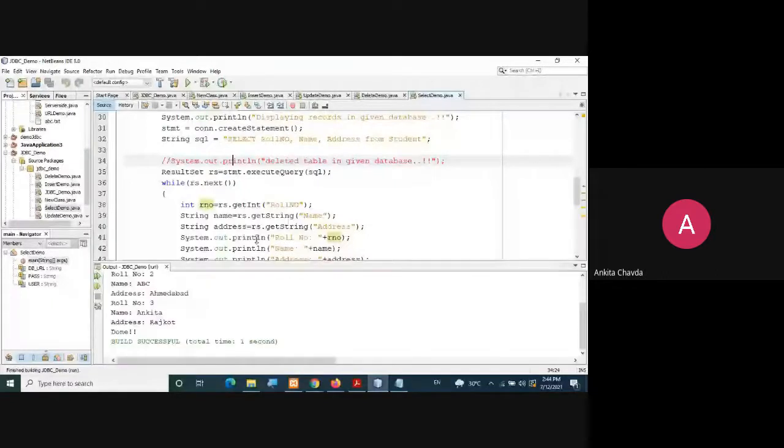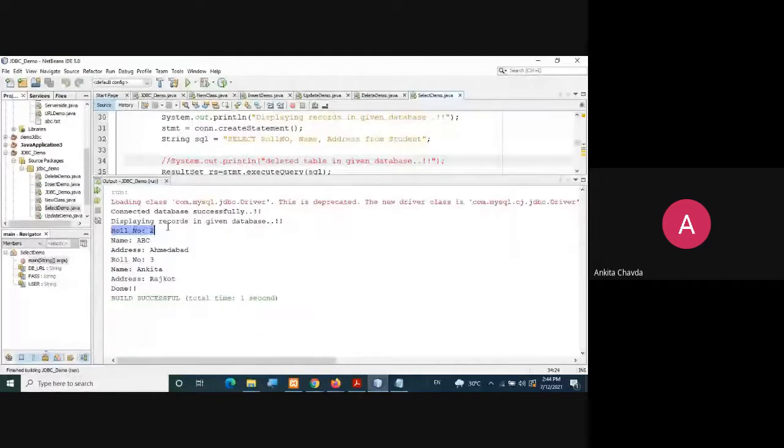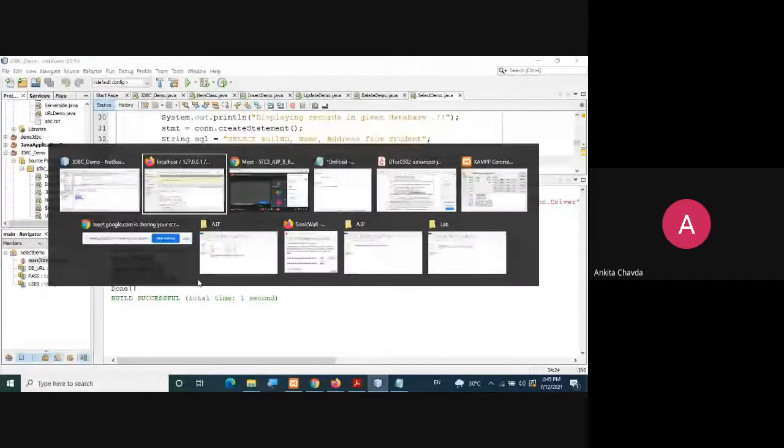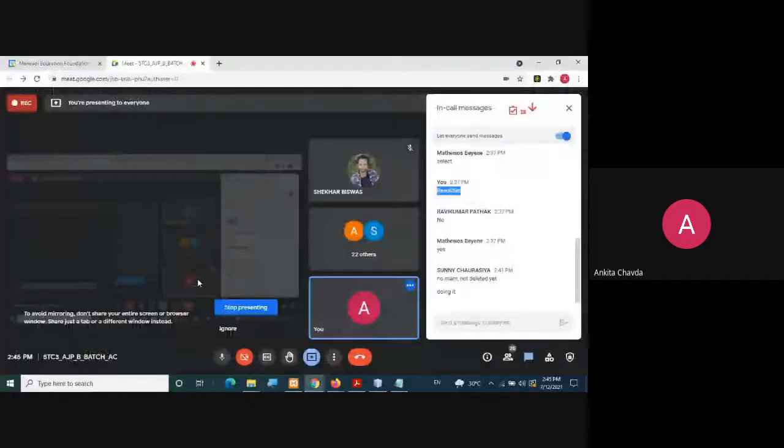Can you see this? Roll number 2, name ABC, address Ahmedabad, roll number 3, and this, right? So this is about the select query. You can finish the delete query as well as this select query. You have sufficient time.